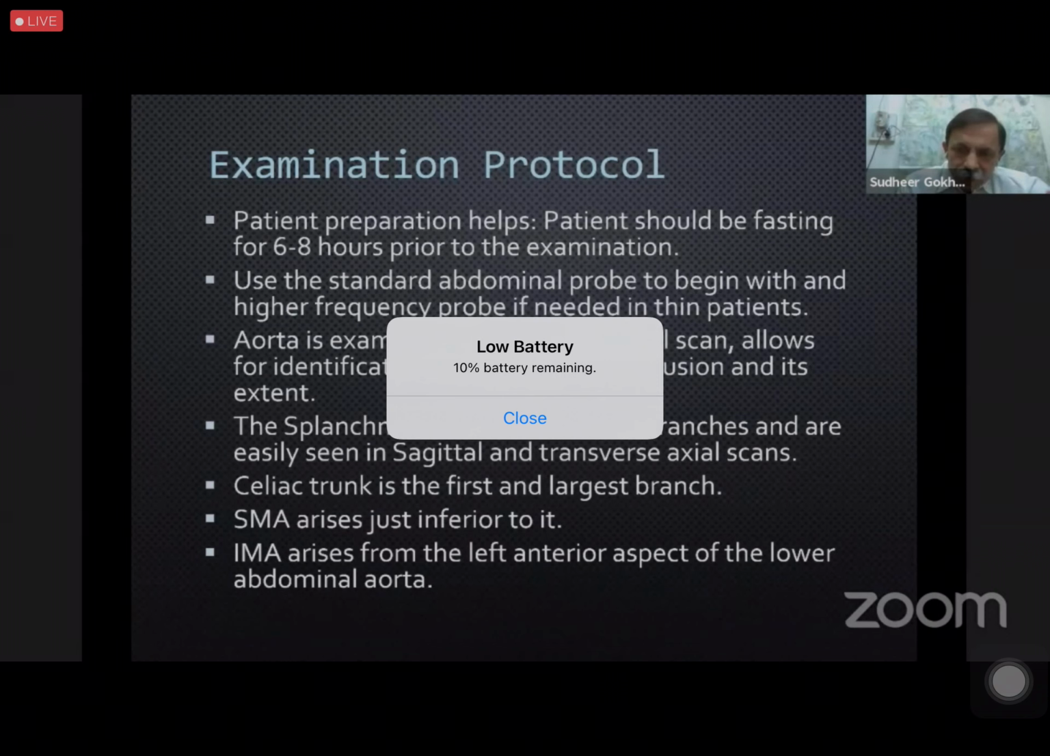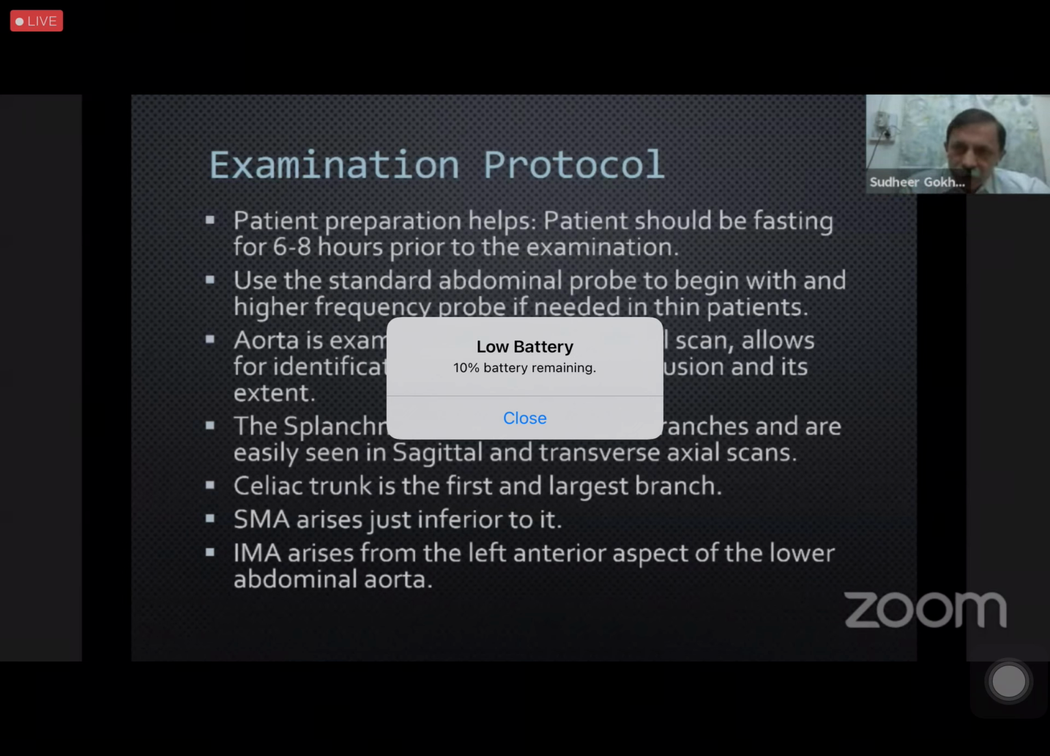So as far as ultrasound and Doppler examination of these vessels is concerned, patient preparation helps. The patient should be fasting for 6 to 8 hours prior to the examination. That takes care of the gastric residue, which would hamper. It is particularly important if you are